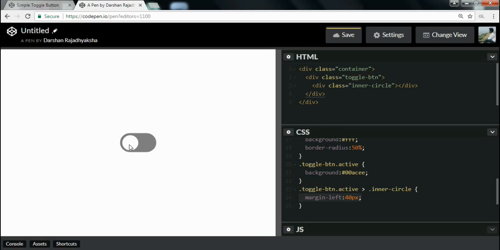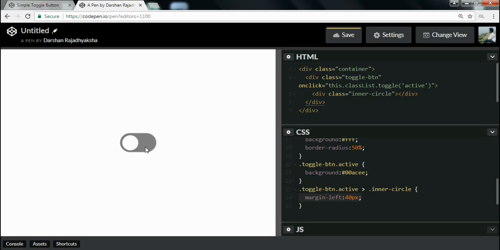Now I just want to toggle this active class on this toggle-button. For that I will write an on-click event handler on this toggle-button. I will write inline JavaScript. First of all, I will select this toggle-button element, so I will write this dot classList property. Then I will execute a toggle function. Inside this function, I need to pass an argument. The argument will be the class name which I want to toggle on this element, so it's the active class. As you can see, when I click on this button, it will add an active class to this element, and when I click on it again, it will remove the active class.